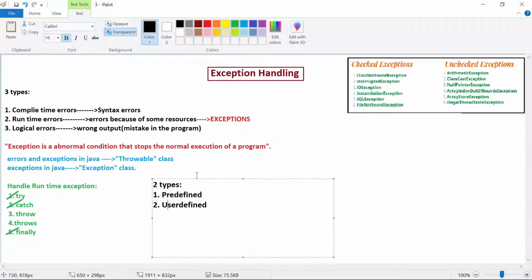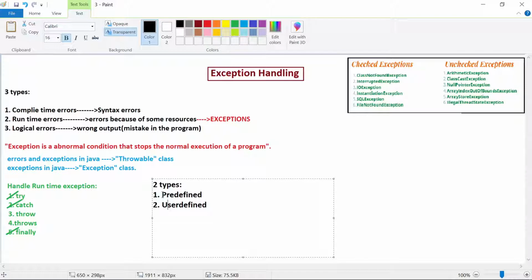Now what are called predefined exceptions? These exceptions are identified and generated by the compiler, like with the Java software itself, some exceptions are predefined, and whenever those exceptions are raised, they are taken care of by that software itself. Those exceptions are called predefined. Now a user defined exception is nothing but we are defining our own exception. If you want to design your own conditions and handle those exceptions, that is called user defined exceptions.